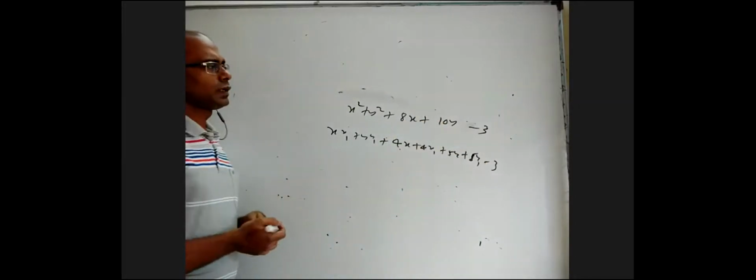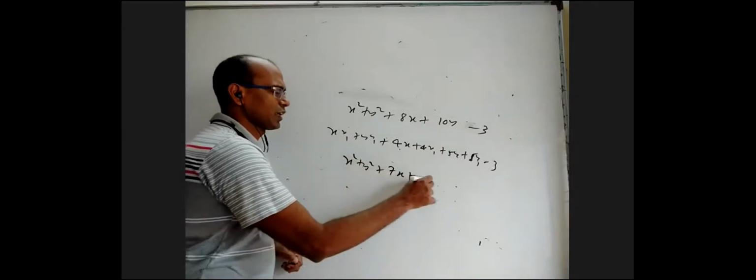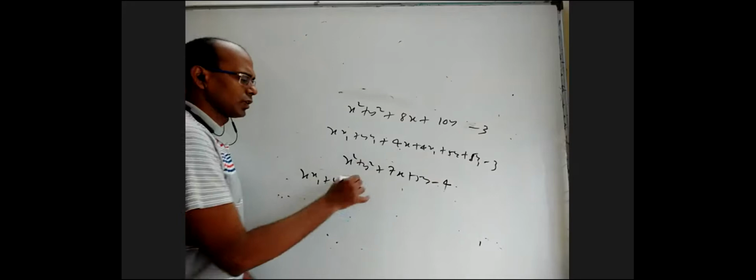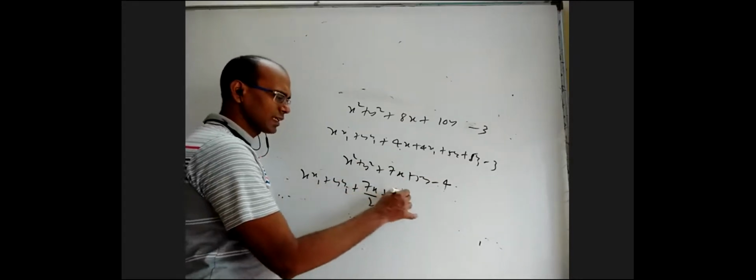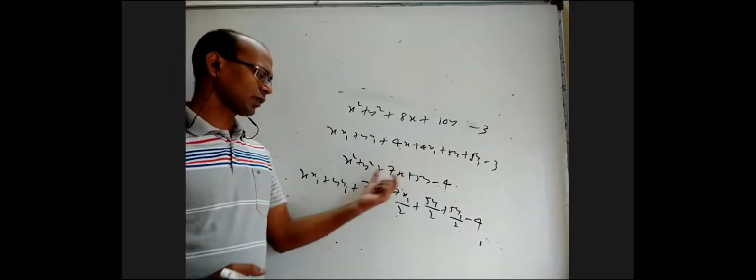This is S1. Whereas if it is x square plus y square plus 7x plus 5y minus 4, what does S1 mean? X1 is fine for this, y1. For this, you have to write 7x by 2, half of it, 7x1 by 2. 5y, you have to write 5y by 2, 5y1 by 2. Even number is easy to split. Odd number also you can write whatever number is there by 2. Half of it you substitute. So this is a general notation for S1 and similarly S12 and S11. How this is going to help us to remember some of the formulas easily, we'll see.